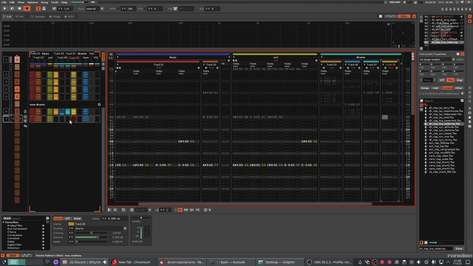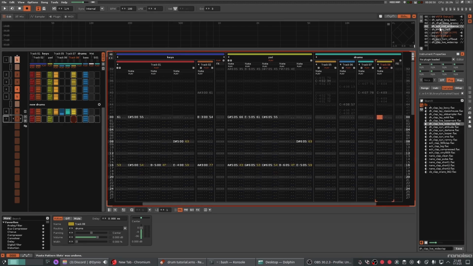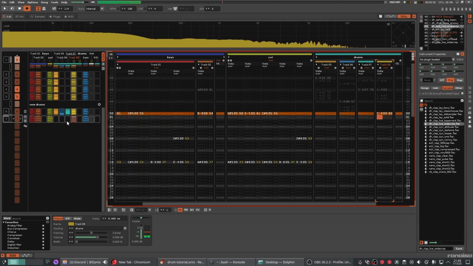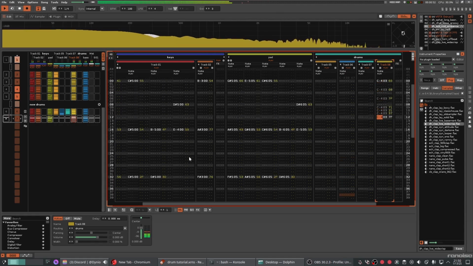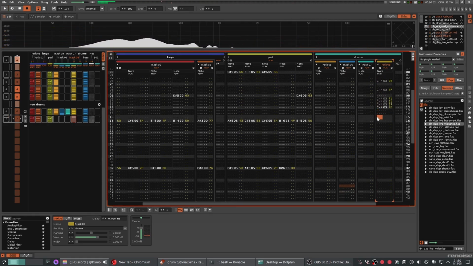Obviously, we can go much more experimental with this, because nothing is set in stone. You can use a snare on the strong beat and a kick on the weak beats. There's no one telling you to not do that. And in this pattern, in the second one, we're gonna do just that. I'm gonna do this, and